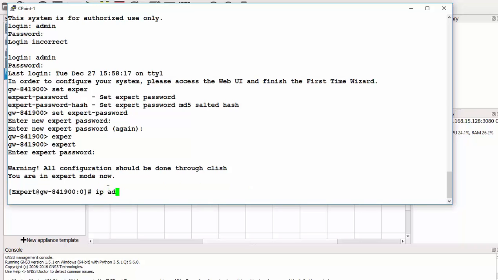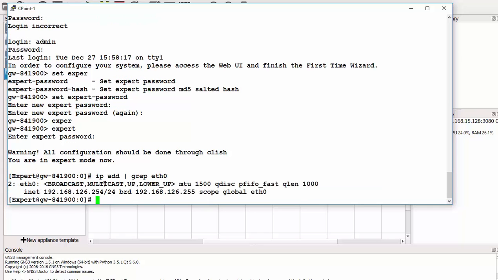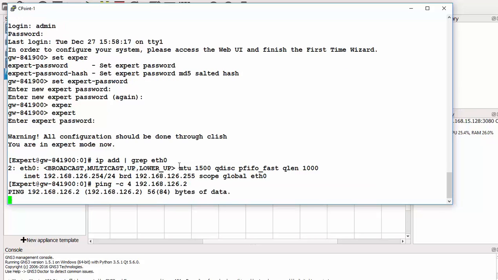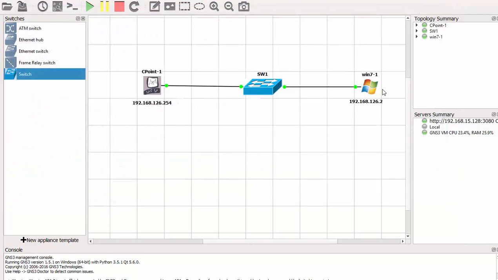Now I need to check my IP address, so that will be ip a | grep 80, and there is my IP. It's 126.254. So can I ping the Windows machine? That will be 192.168.126.2. By the way, Windows machines by default do not accept ping, so I will test connectivity from the Windows machine itself. So I'll close that, go to the Windows machine,